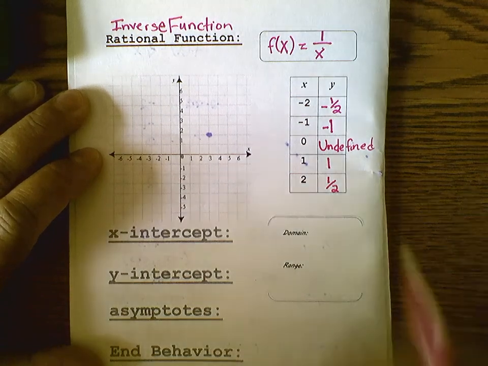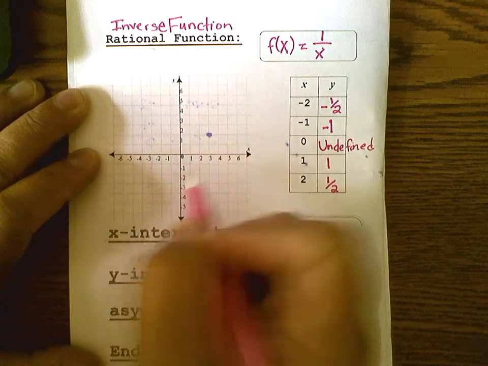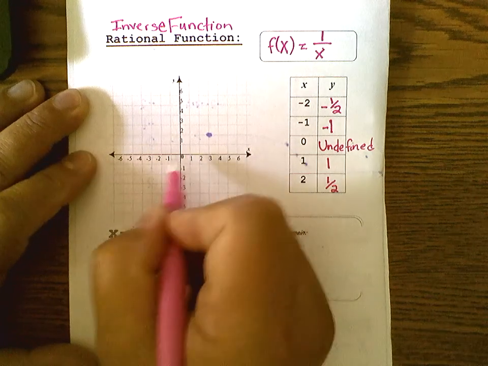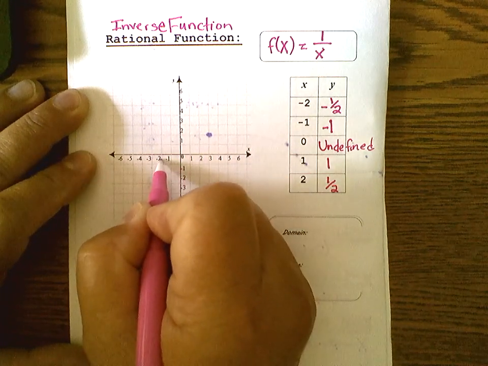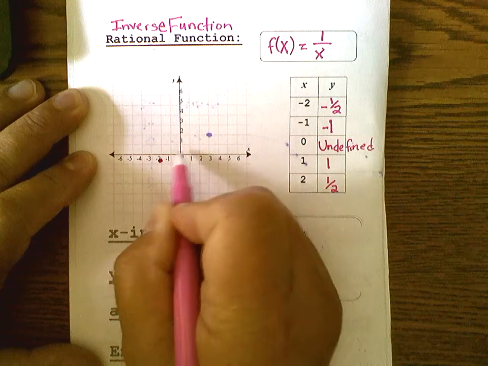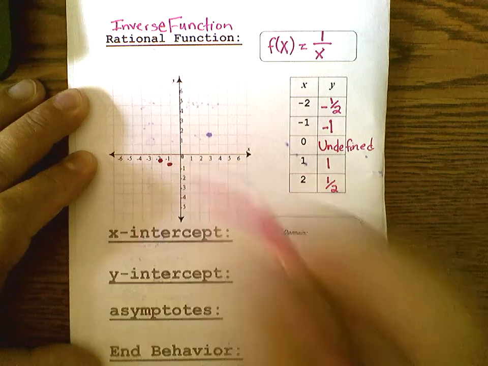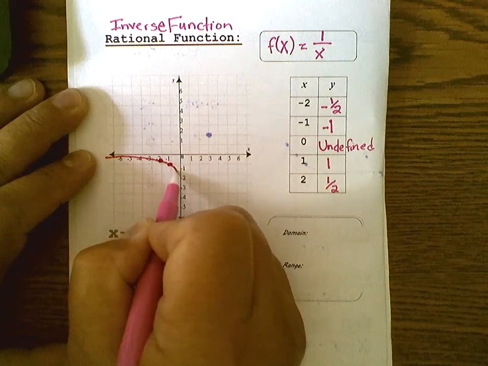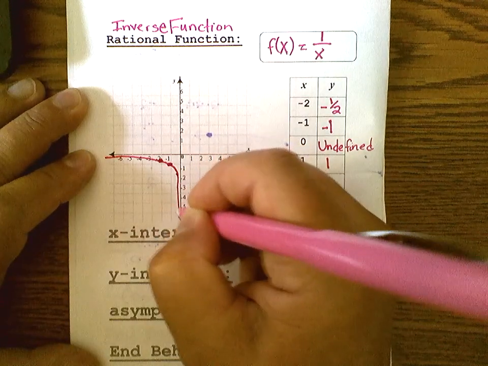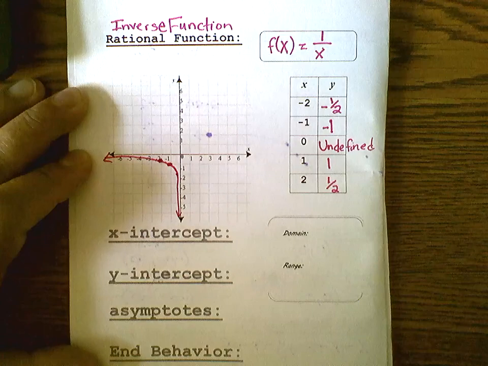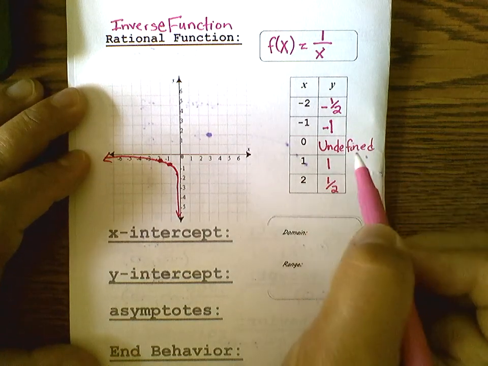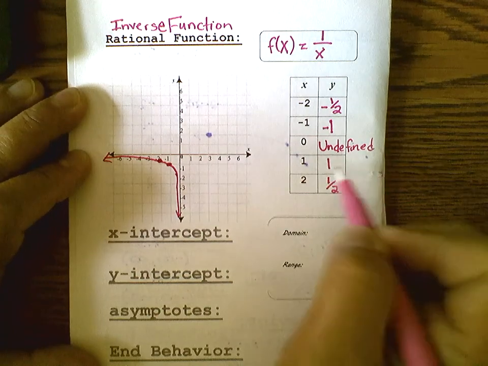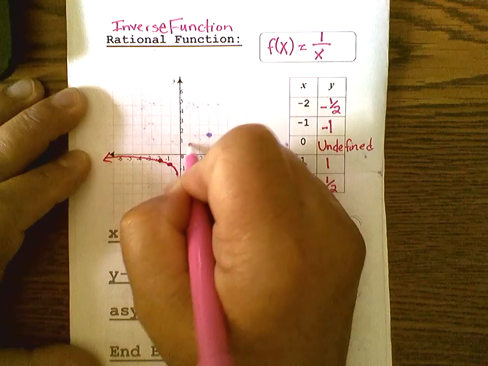But for now, you need to know that this is what it looks like. So -2, -1/2, and -1, -1. I know this may not make sense to you guys right now, but again, you will understand it more later. Right now, we're just getting the idea of these parent functions. And then 1,